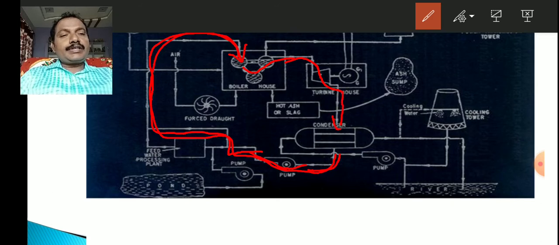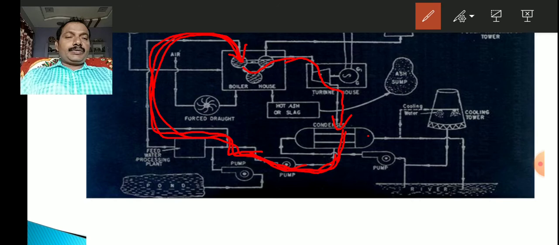This condenser will convert this steam into water. Hence, the water condensate is pumped into the boiler section like this. This is a continuous process. So this is the circuit,